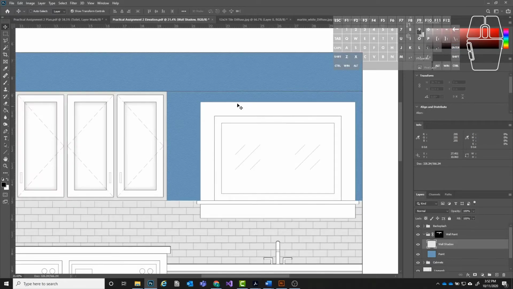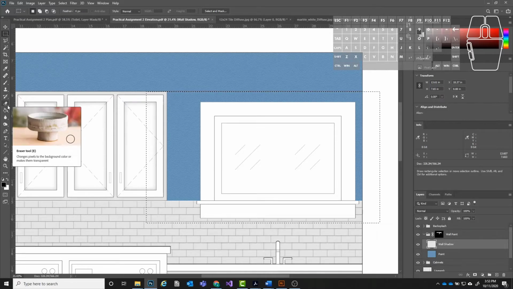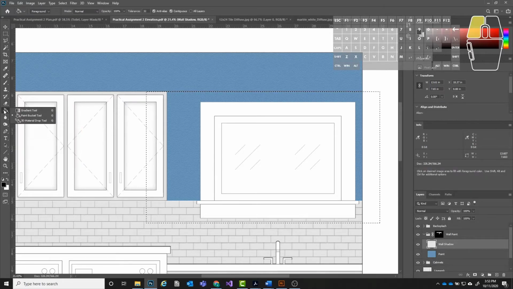All right, and I'm going to use my rectangular marquee, and we don't have to be super precise because of our layer mask, but I just want to make sure that the top portion of the selection lines up with the bottom of my soffit. Okay, and then once we do that, if we go to our gradient tool, which is under our paint bucket